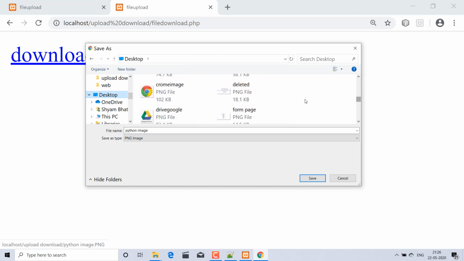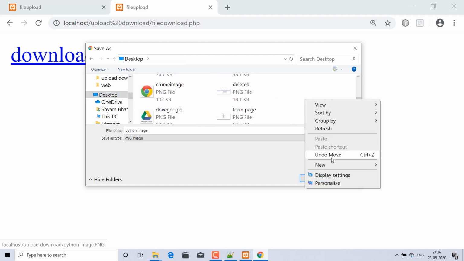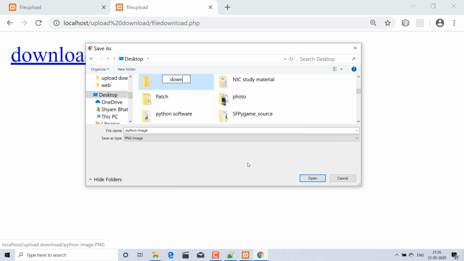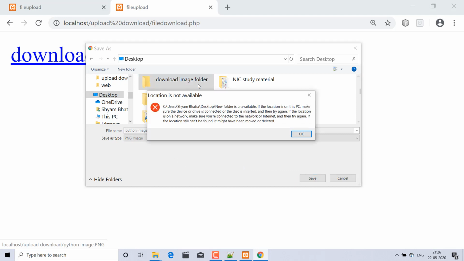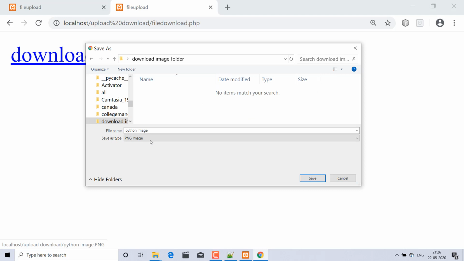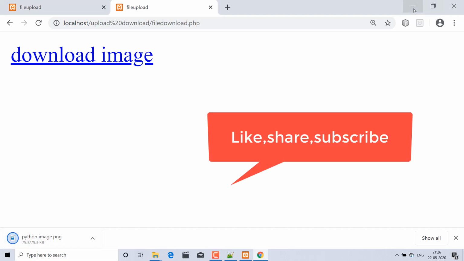I will make a new folder, the download image folder, and inside that folder I will download it. Yes, it is downloaded.